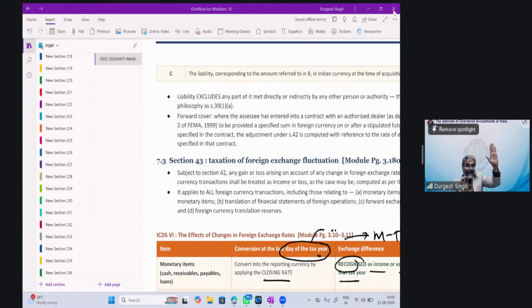No, the foreign currency asset, when I say 42, I mean those assets which will go into the block of assets, because we are talking about getting the asset into the block, isn't it? Which is capitalized, not the trading items. True, true, true. Okay, sir. That was the only thing I was linking. Thank you. That is right.